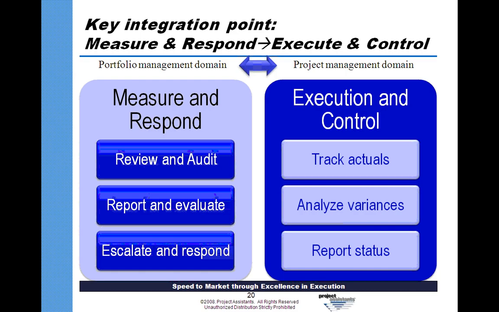What's the strategy for really creating that glue, that little blue arrow at the top of slide 20 here? How do we make sure that happens? So that if we're tracking actuals, analyzing our variances, and reporting status, that's not just staying in the project management domain, but in fact is coming back to a review and audit process at the portfolio level, a report and evaluation process, an escalation and response process. At the analyzed variance level,